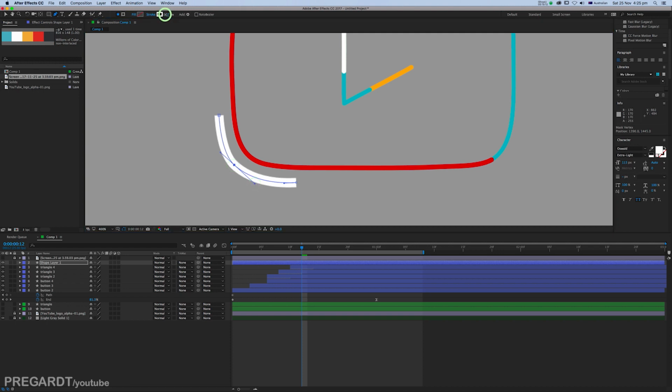So, and change the thickness, it should be a little bit thinner than the main animation. So just adjust your line,